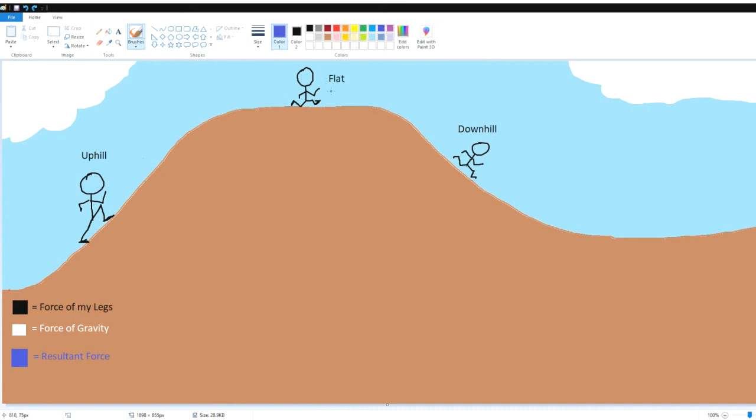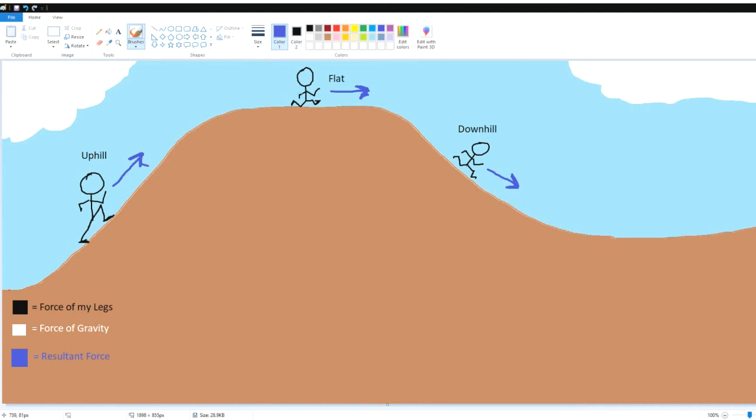When I'm on a flat, I need to go just directly forward. Like in this diagram, you can see that that's to the right, right? Whereas when I'm on an uphill, I don't just want to go forward because that's going to run me into the hill, right? I want to go following the path. I want to follow the ground and go in this sort of upward to the right direction. And when I'm going downhill, as you might have guessed, I want to go down the hill. So I want to go down and to the right. So these blue arrows represent my goal, what I want my body to do, right? Now,